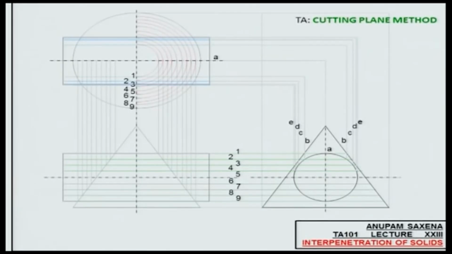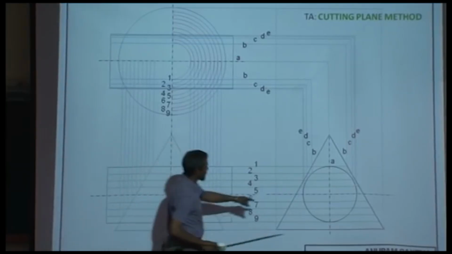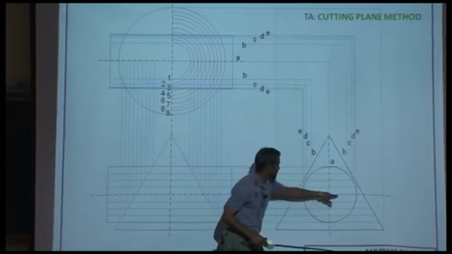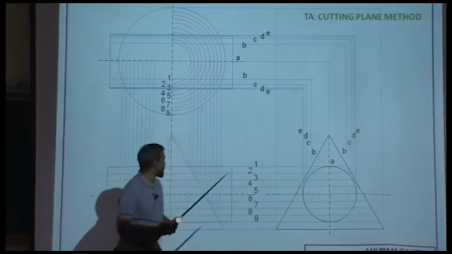So A would be a line, BB would be this one, CC would be this one, DD would be this one, and EE would essentially be the rectangle corresponding to this plane here. Okay, now